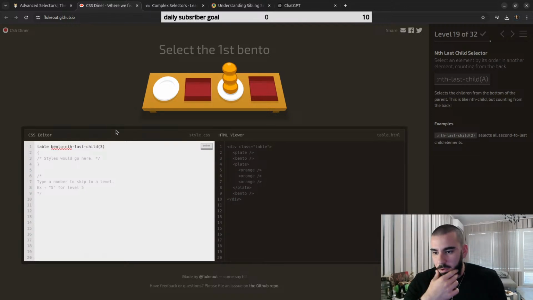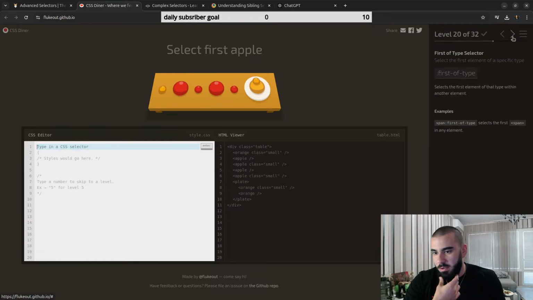Even the code from ChatGPT doesn't work. Dot table. I don't know, man, I'm skipping this one. This doesn't make sense. Select the first apple. Alright, so